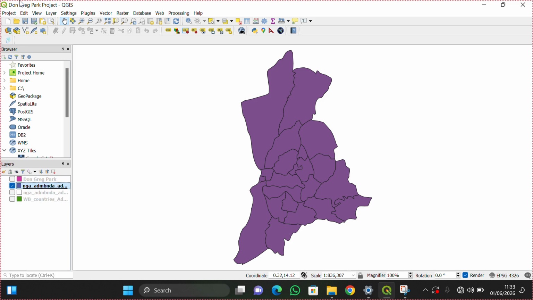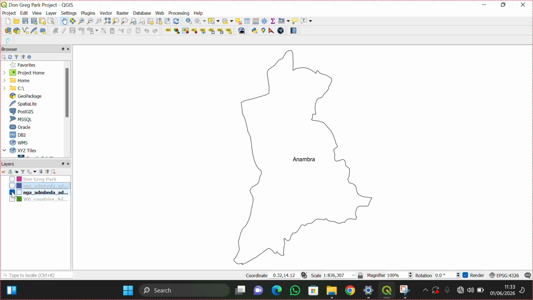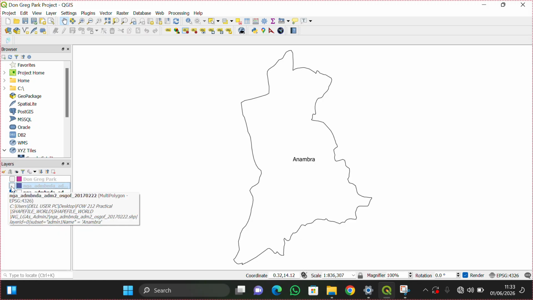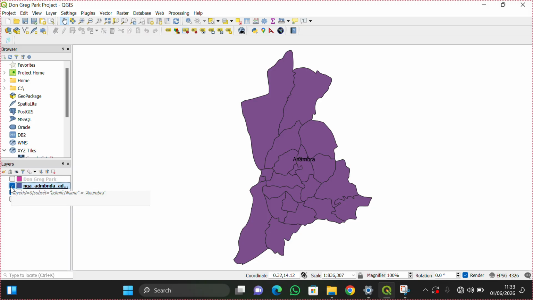So the difference between the first one and the second one I did is this: the first one is only Anambra without local governments, and this second one is Anambra and the local governments. Are we together? Now,